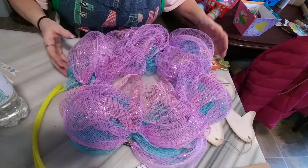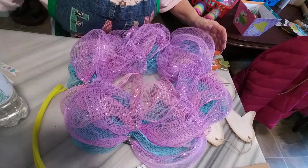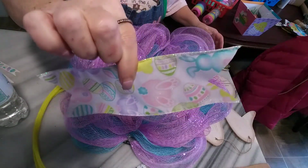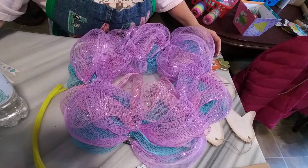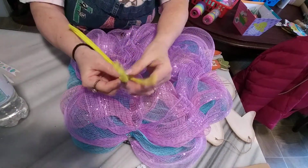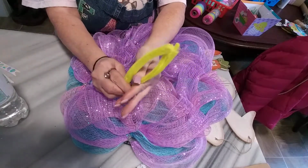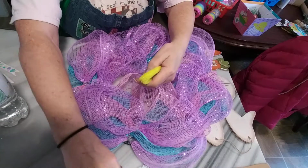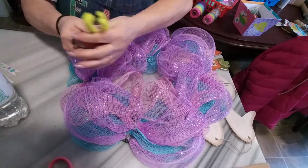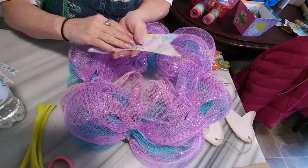Okay, now that we have all of the ribbon cut and the ends trimmed down into a perfect V, then you're ready to go to the next step. Get 3 chenille stems, fold them in half, because you need 6. Now get the color that's going on first,